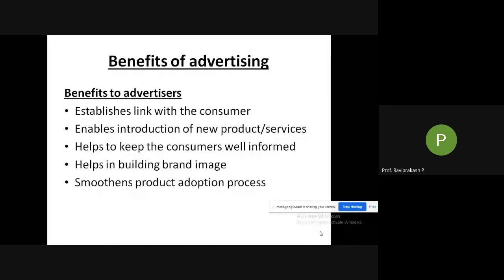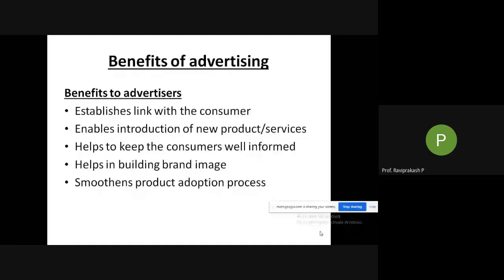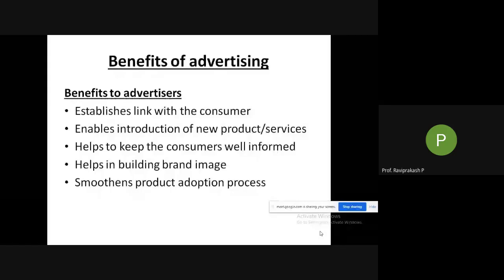Okay, so something like this, when you, as a customer, have trust in a particular product. For example, I gave you the soap. If Sebamed comes and tries to convince you to buy that particular product of that particular company, it should not be difficult. Someone should not pressurize you to buy it. It should be on your own. It should be very easy for you to adapt. So similarly, we'll make advertising attempts, saying how my product is better than whatever is existing in the market. If you are creating that smooth curve for your customer, it will be easy for him or her to switch from the earlier product to your product.